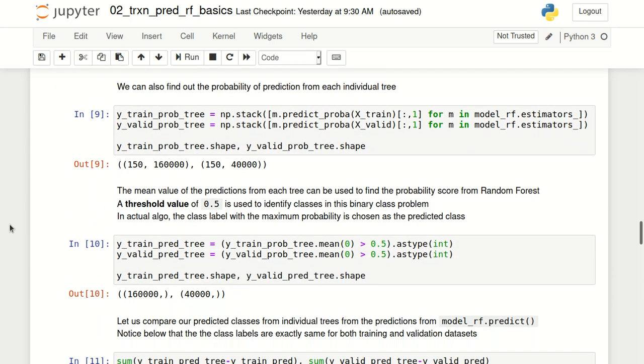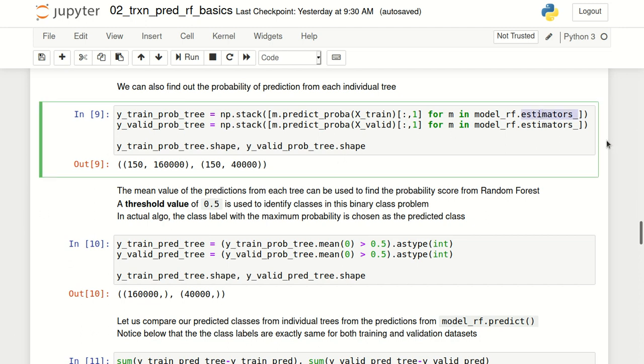The next thing we can see is how the model is using prediction probabilities from every tree in the random forest to make the final prediction for every observation. The important thing to know here is that there is an attribute for a random forest object, which is .estimators_. This will give you each individual tree estimator that is part of your random forest model. What we can then do is loop over all these estimators, or all these trees.